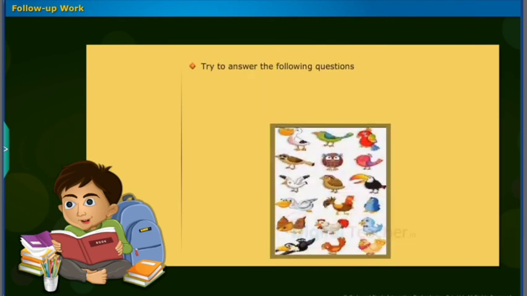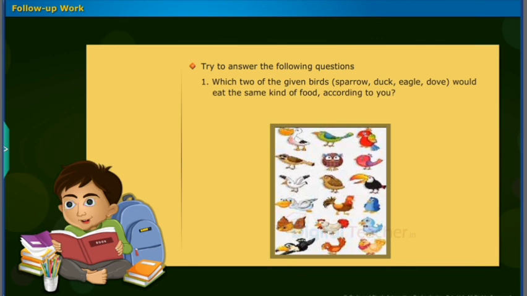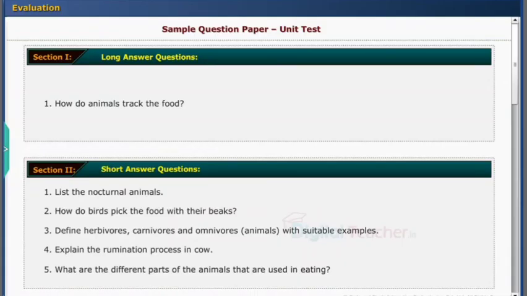Try to answer the following questions. Which two of the given birds, that is sparrow, duck, eagle and dove, would eat the same kind of food according to you? Why do you think they might eat the same kind of food? Test your understanding of the chapter by taking the